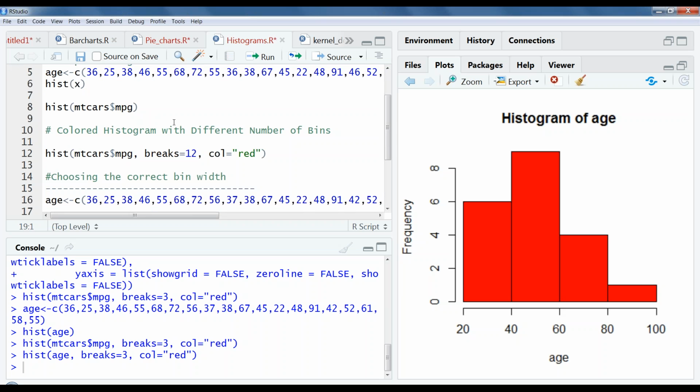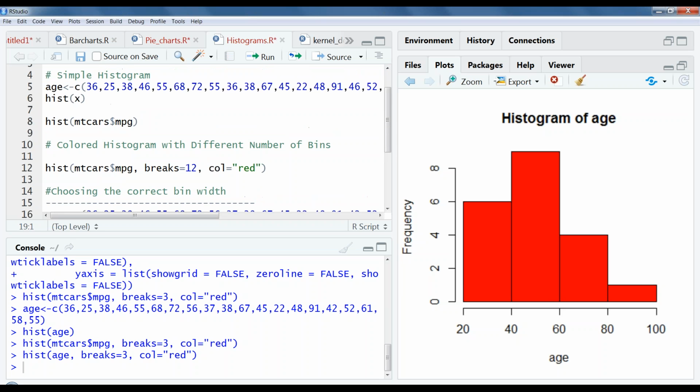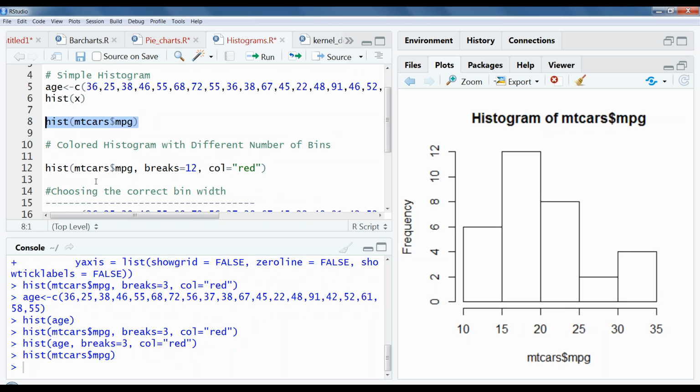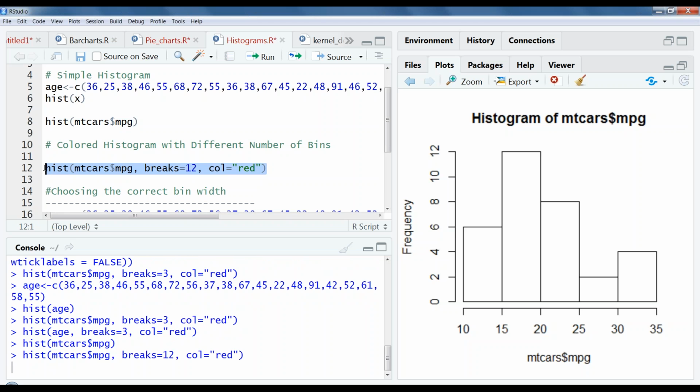Now moving on to the other example. I can use this mtcars example also for histogram. This is again for the number of miles per gallon. Cars with 10 to 15 mpg, how many cars we have is around 6. 15 to 20, how many? 12. 20 to 35 mpg is around 88. So we can see this histogram as well.